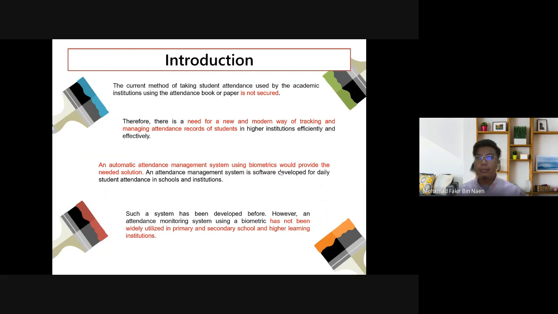An attendance management system is software developed for daily student attendance in school and institutions. But such a system has been developed before. However, attendance monitoring system using biometrics has not been widely utilized in primary and secondary school or higher learning institutions. Okay, next is